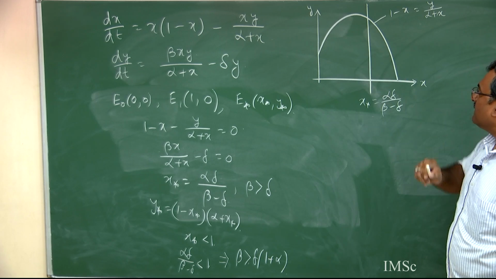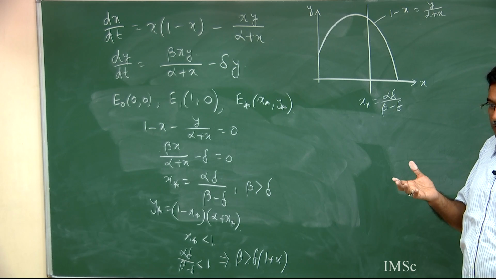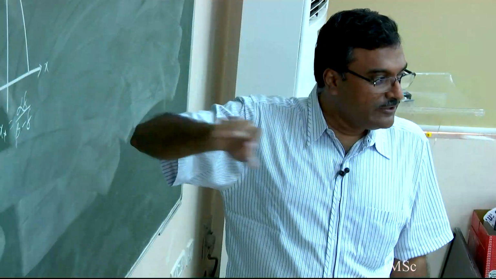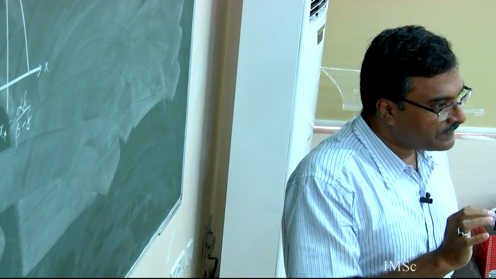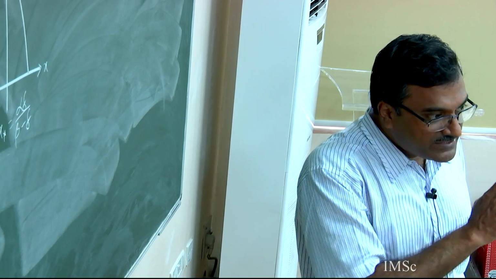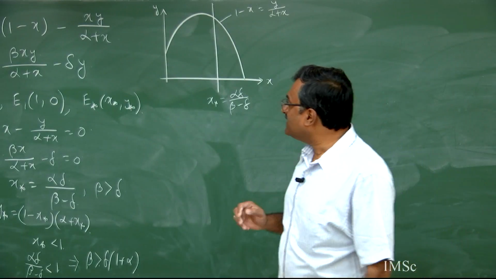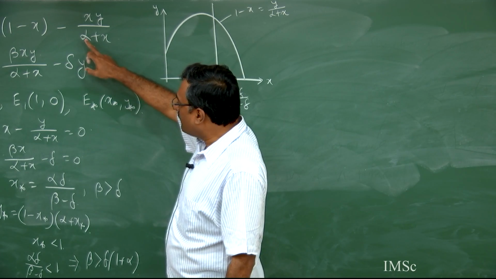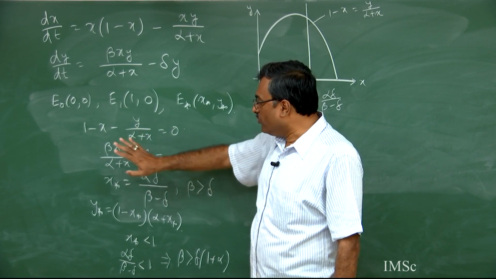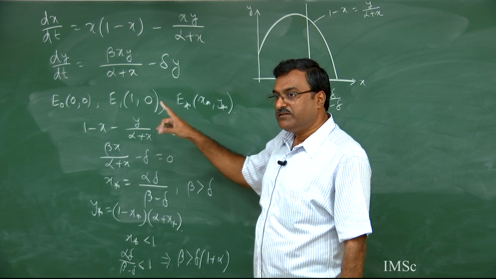Here you should be careful, that is my suggestion, some other people may not agree with me, but I always suggest you choose a parameter in such a way that any one of the curves will change its position with the variation of the parameter. Now you can see alpha is involved in both the equations. So the better possibility is that you do not touch alpha for the time being. You choose either beta or delta as